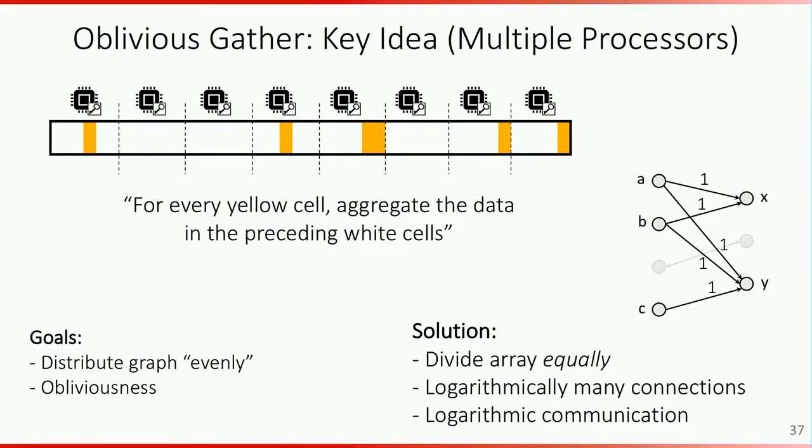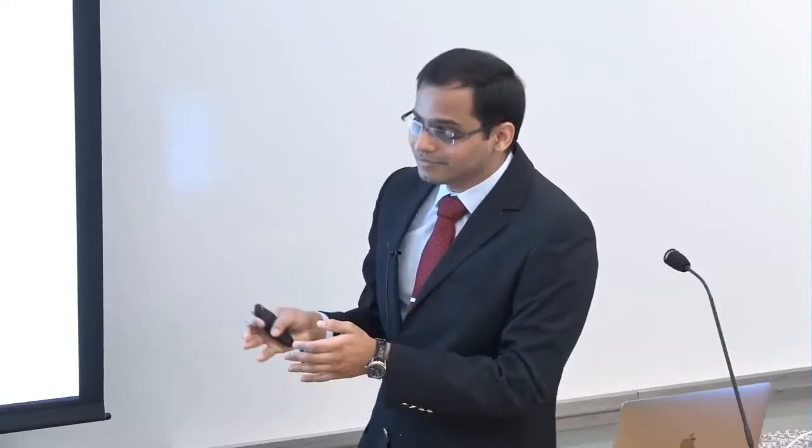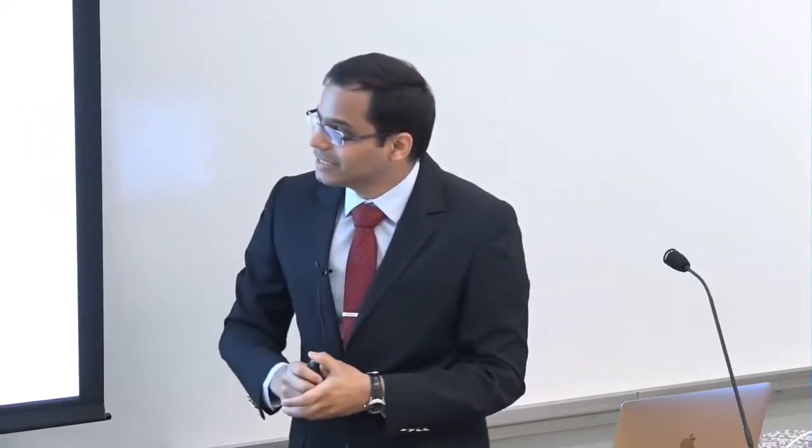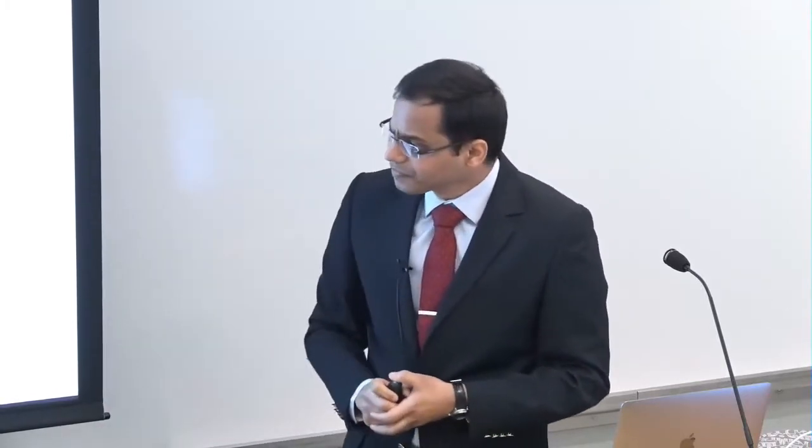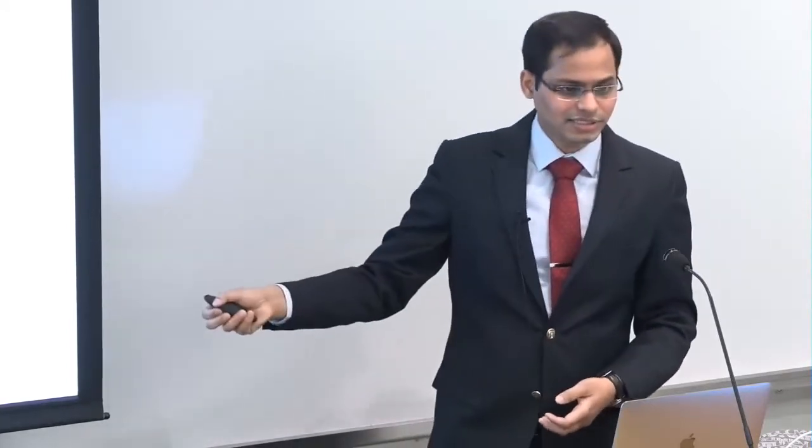And we do this by dividing the array equally in between different processors so that the number of vertices that one processor is responsible for does not matter. It is the summation of vertices and edges that a processor is responsible for. And this is done in such a way that a processor is connected to logarithmically many other processors, and the amount of communication in between them is logarithmic. I'm not going to go into the details of exactly how this is achieved, but this is actually a generalization of the more well-known